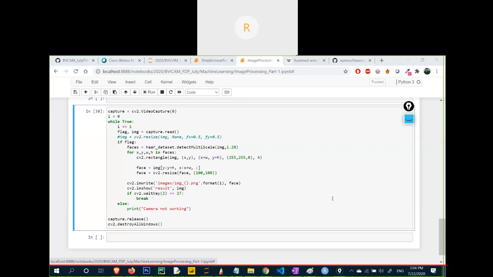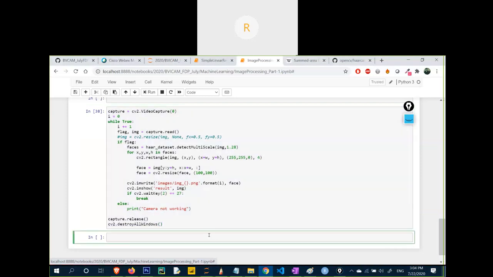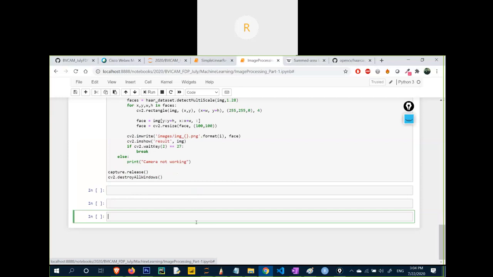Okay. Now, after completing this part, after fetching the faces, the problem is that we do not have to store the images. Why are we storing the images? It will occupy my memory. Are you getting my point? If I keep on saving, if I say I want to store my 1000 images, then it will store 1000 images, but how much memory will it take? So that's why we do not have to save the images. We will save the array.